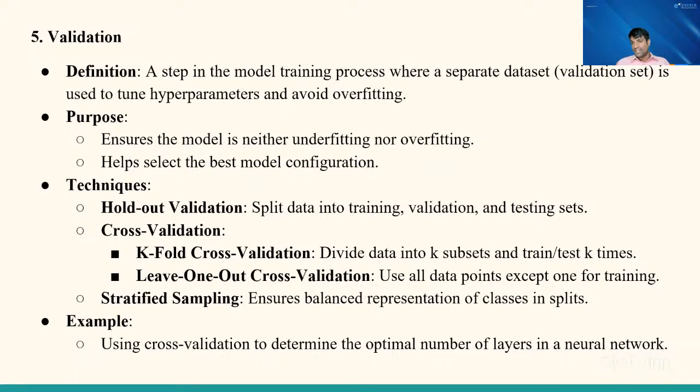In validation algorithms, there is one more called cross validation. Cross validation is where we divide the data into k subsets. K might be 10, 15, 20, or even 2, based upon the size of the data. Then we train that many times to check whether the validation process is happening correctly. One more is leave-one-out cross validation, where we leave one data point out, train on the others, and test on that data point. We do this a number of times as well. Holdout validation is splitting the data sets into multiple